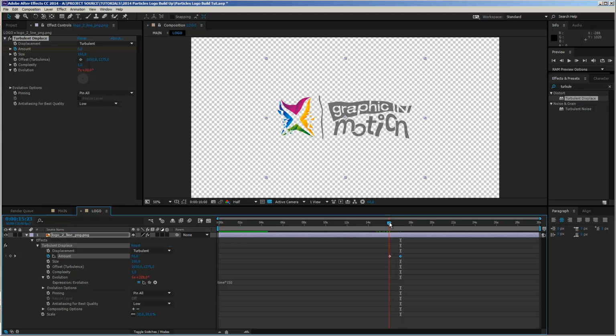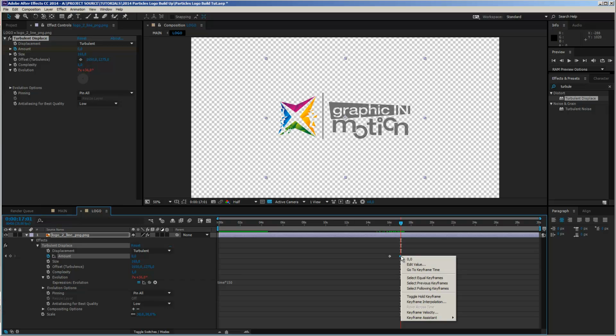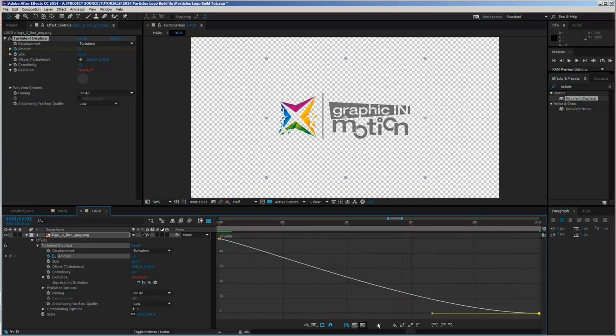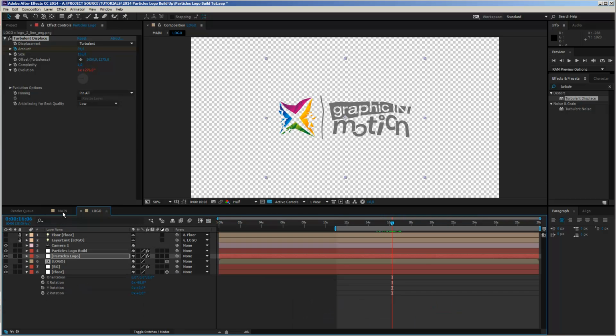And you see that now we have, what I want to do now is I just want to go to Keyframe Assistant, and I want to change this to Easy Ease In. I don't know whether you see it in the recording area, but this will create just a little bit of a smoother curve here. So let's take a quick look, and you see that this curve now is a little bit smoother. So I just want to smooth out the amount of the displacement here.